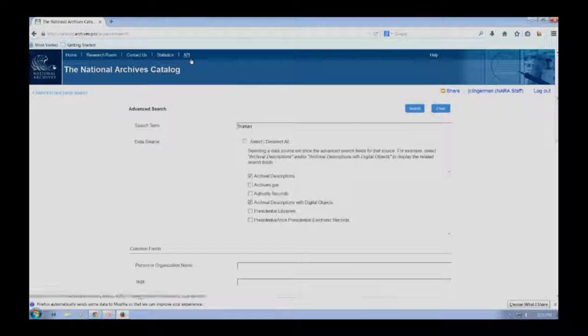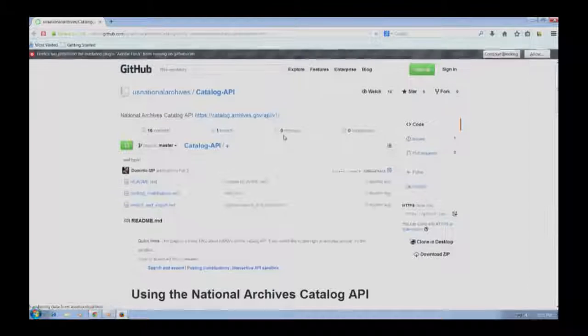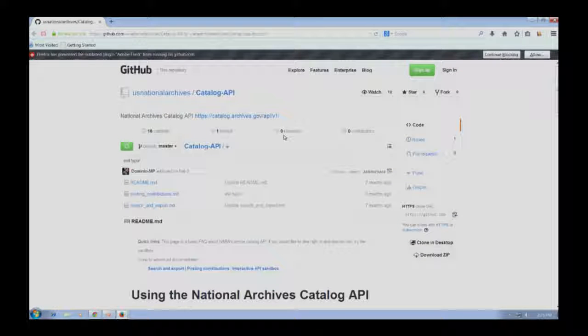So before I open up to questions, I actually want to show the new API that I mentioned before. So API, like I mentioned, is for advanced users. I'm not even an expert at API by any means, even though I'm the catalog guy. But it'll bring you to our GitHub page. So if you click on that, if you're not familiar with GitHub, it's a developer space basically where people can comment or help improve on or share